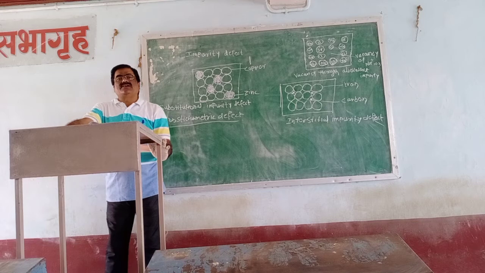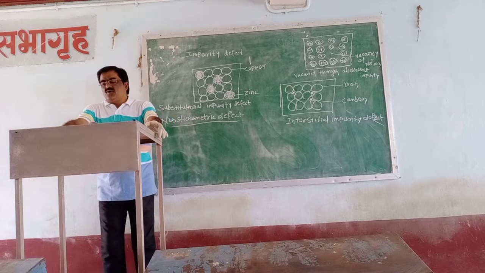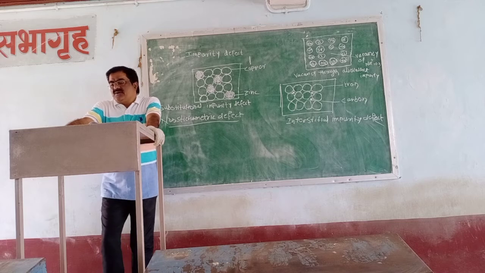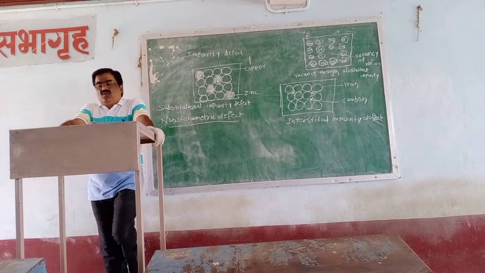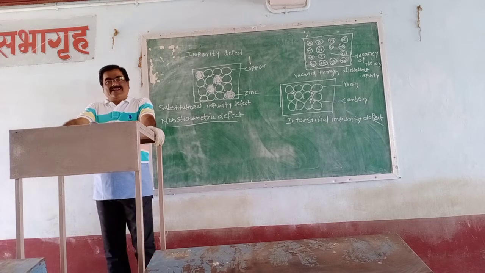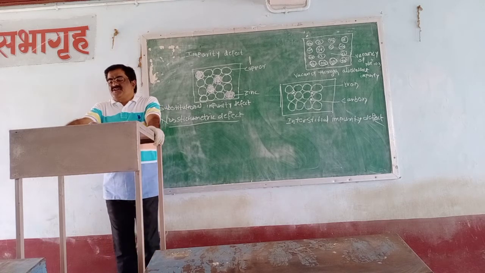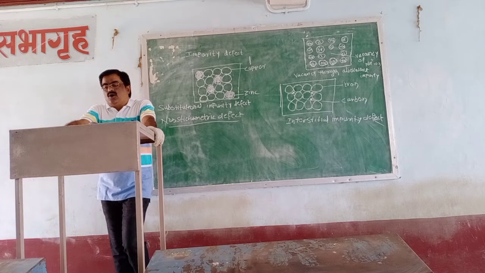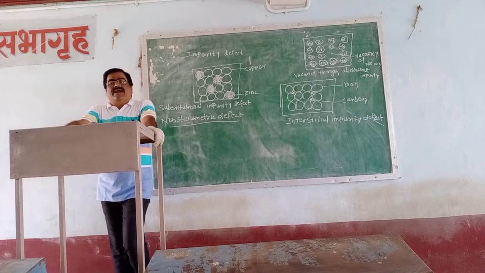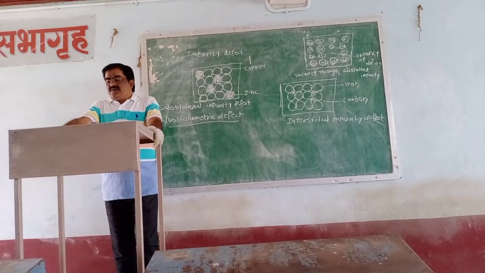For example, you can say that in the compound NiO, one nickel Ni2+ ion is missing, creating a vacancy at its lattice site, and the deficiency of 2 positive ions at the other lattice sites of nickel ion are found here, and the composition of NiO then becomes Ni